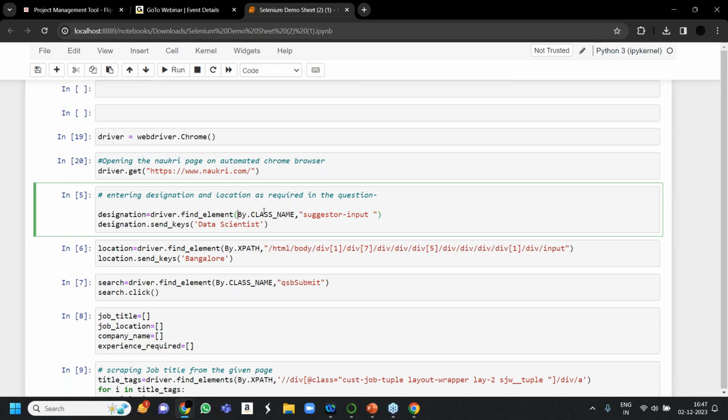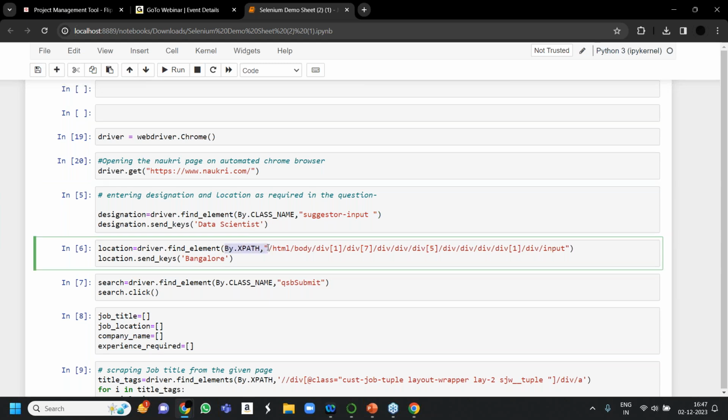Earlier we used to directly write the class name, but now we have to write the By keyword also. So By dot class name, why class name? Because we are scraping using the class name. If I was using the XPath, then I would have written XPath. Now you get my point. By dot XPath, By dot class name, By dot ID.